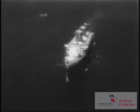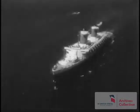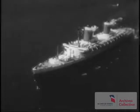Today, in the new Superliner United States, new flagship of the United States lines, the nation has not only a vital weapon of defense, we have potentially the fastest